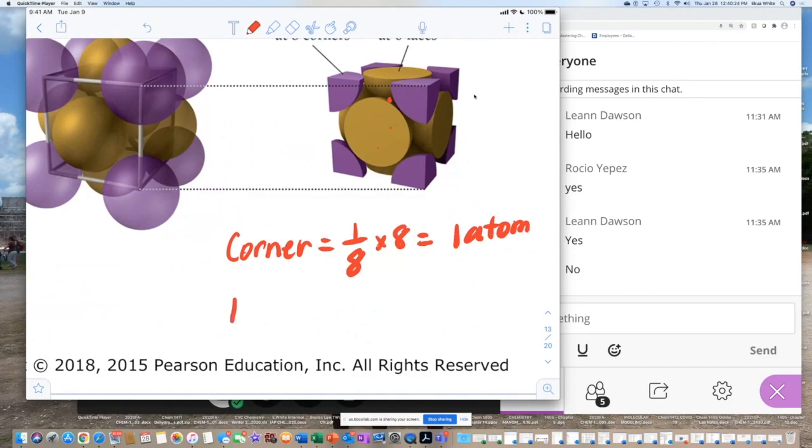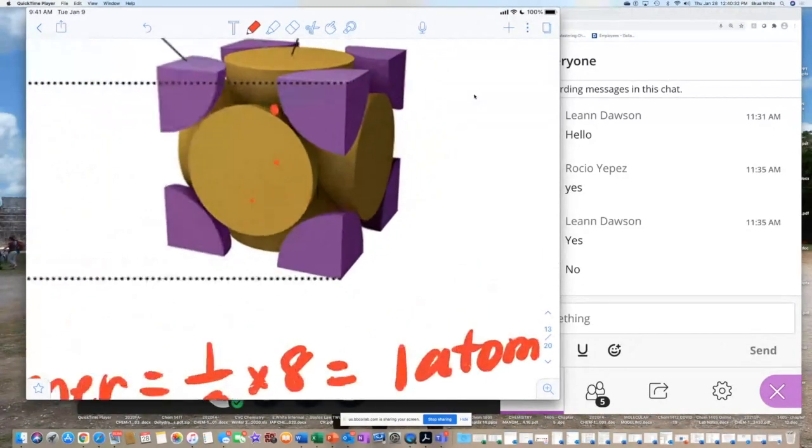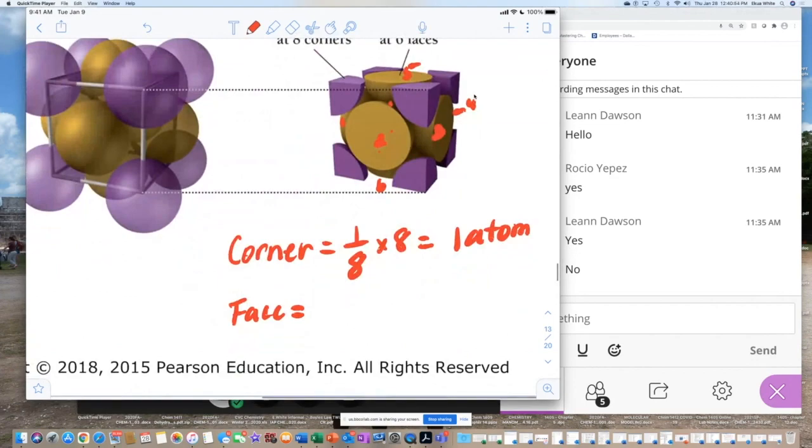How many face pieces do we have? What do y'all think? Based on what you can see over here. 6. Yeah. Because think about it, you're in a room that has, well, ignoring the door, right? You're in a room that has essentially 6 walls, right? 1, 2, 3, and then there's a 4 on the other end. I can't draw it. It's 4 right here. And then top and bottom, 5, 6, right? So you're in a room that has 6 walls, 6 faces. So